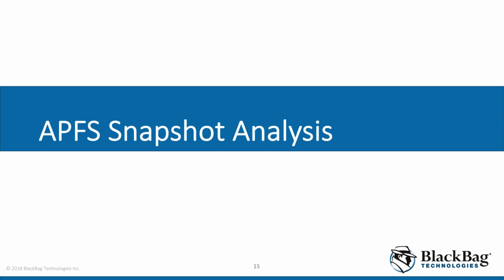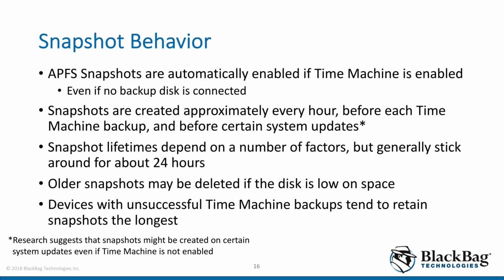So next we'll talk about how we can analyze these APFS snapshots, both on the live system and do offline analysis with a disk image. Before we get into that, we'll talk about what I've already hinted at in the question section, a little bit about the behavior. So if a user has Time Machine enabled on the system, whether or not the backup disk